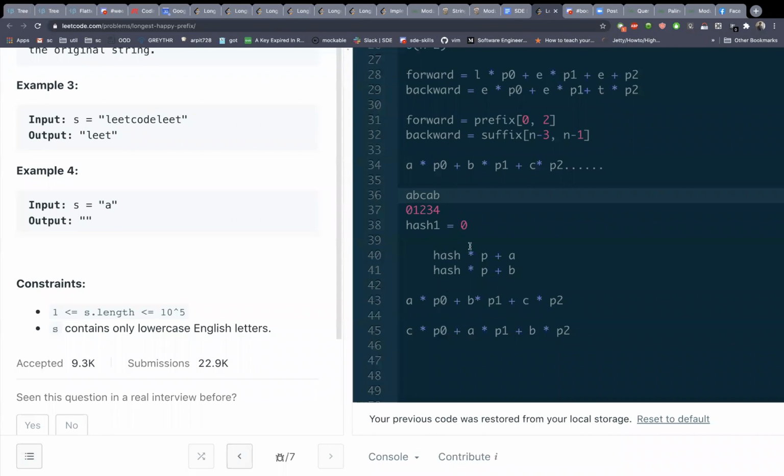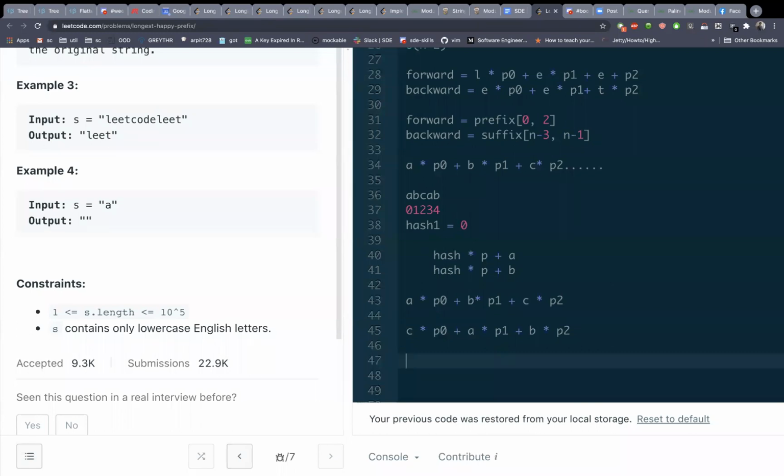So if we break it down, CAB is C plus the hash of AB. And we are doing something with that, not just simply using it. But the power will change, right? Yes. So the hash of CAB is equal to the hash of C plus we are doing something with the hash of AB. Basically, the something means we are just multiplying P into the hash of AB.